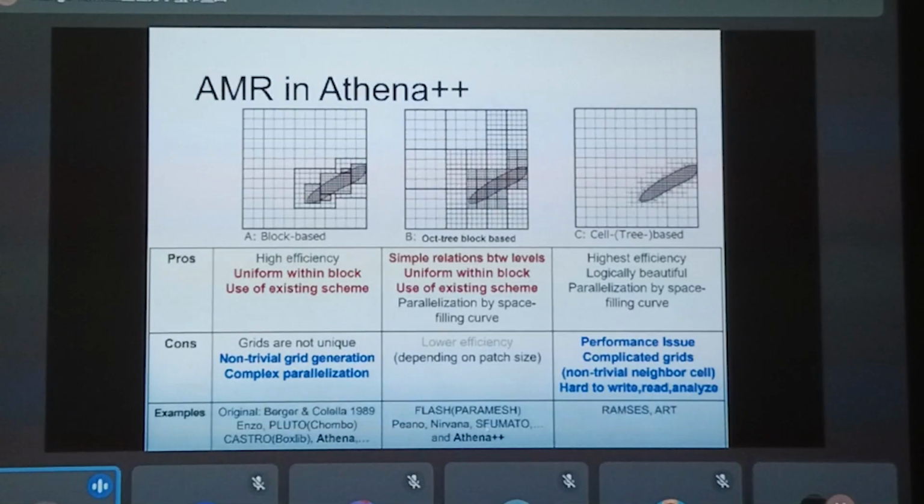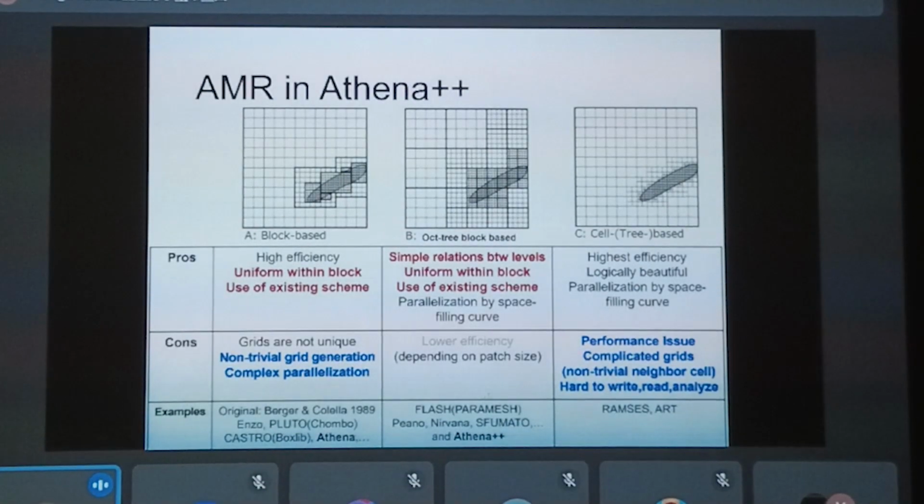But this Z ordering is cheapest. Actually, we can calculate it without any complicated calculation.